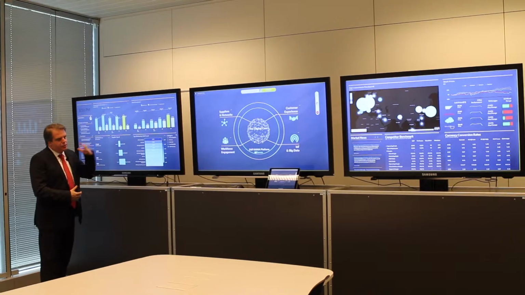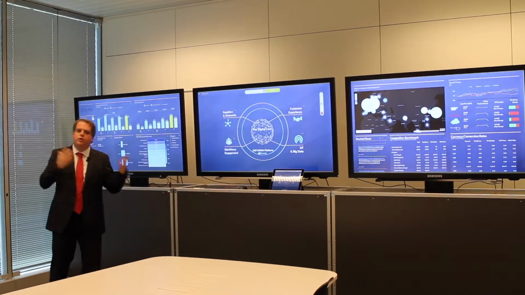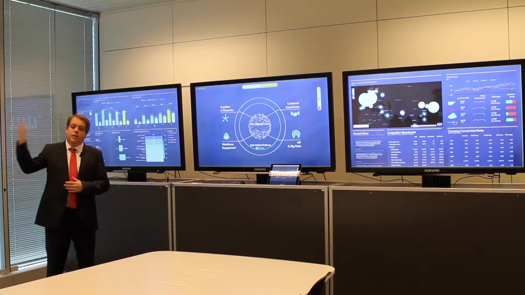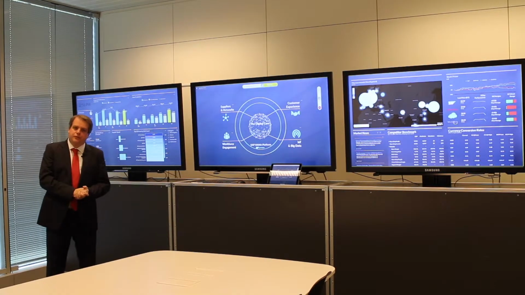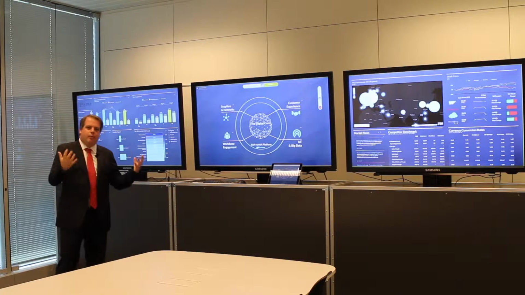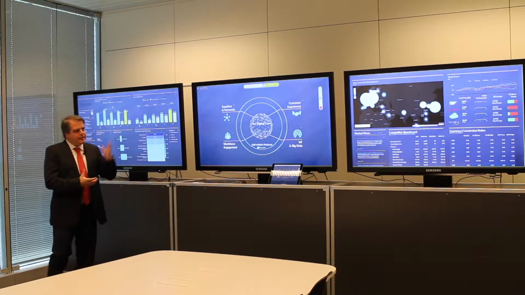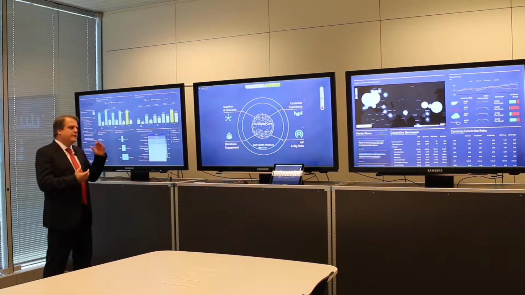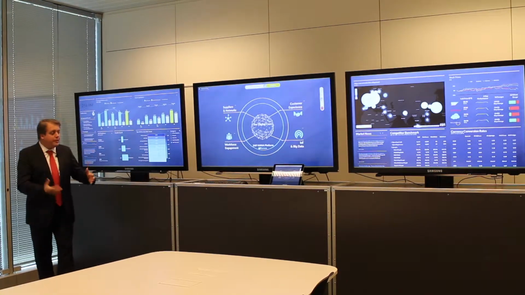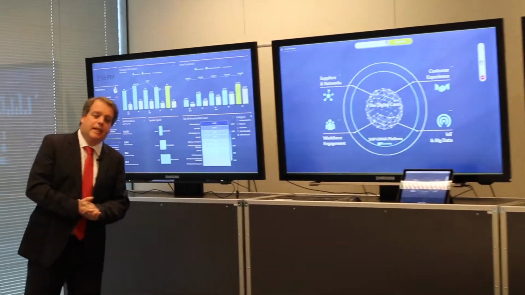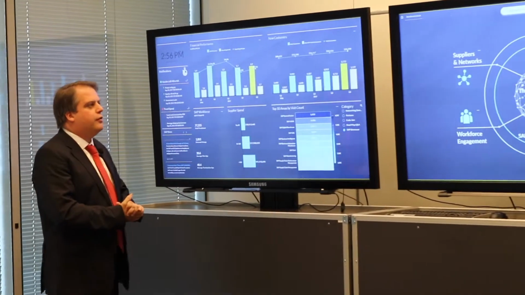So what do we see? We see three screens. It's working on three screens, or it can also work on one screen. It can work on a laptop if needed. It can work on Microsoft Surface Hub if you also want collaboration from the Microsoft side of the technology. In this case, we like the three screens because it gives us, first of all, the capability to have an overview of what's happening, or the subject of the meeting. In this case, it will give us an overview of the company.